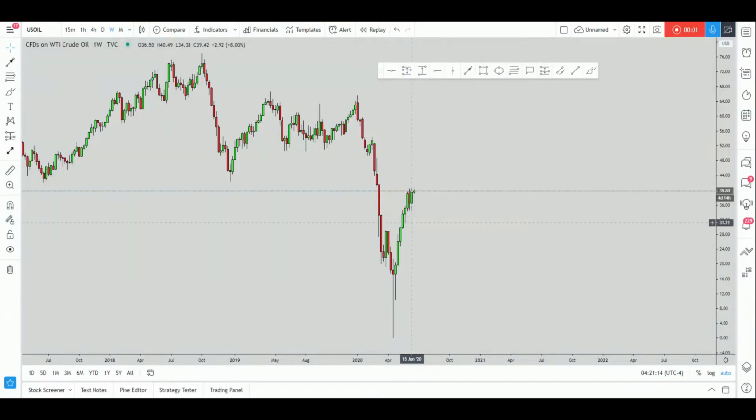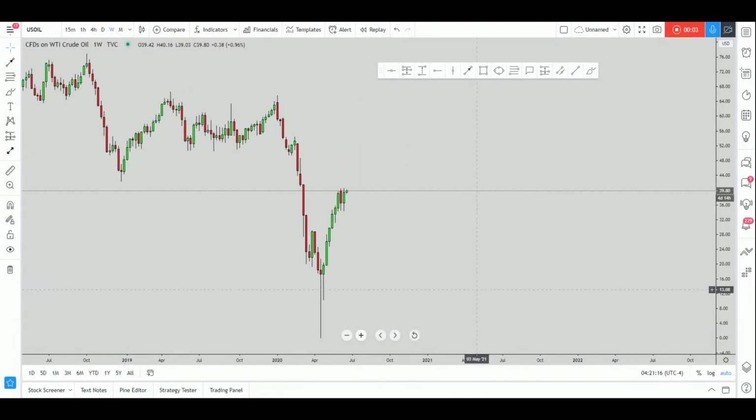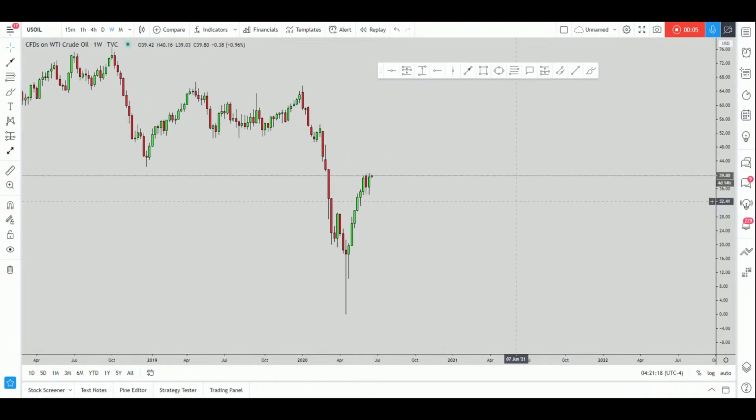Okay, so what kind of situation do we currently have on US oil? Now, from a weekly perspective, we have a market that has created this W formation. And after a W formation, what do you expect? You expect the market to make a move to the downside to go and test the previous resistance, which is now turned support. So from here, we want to see the market go and make a retracement to the neckline